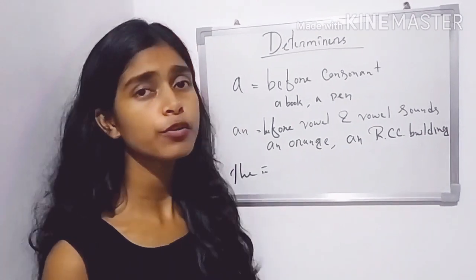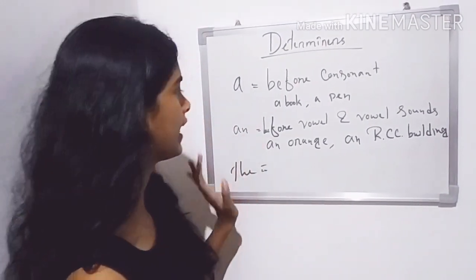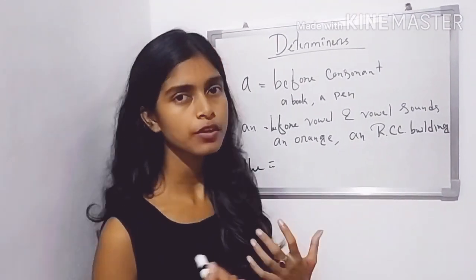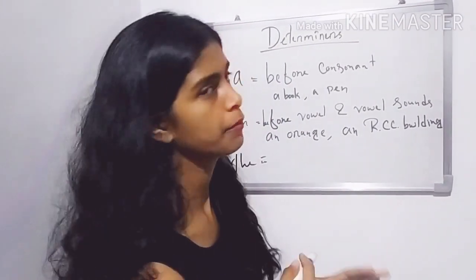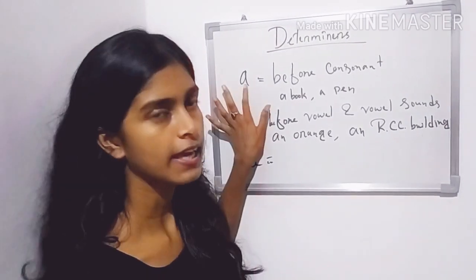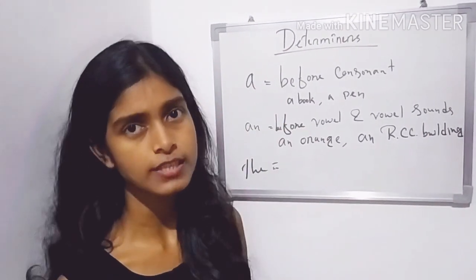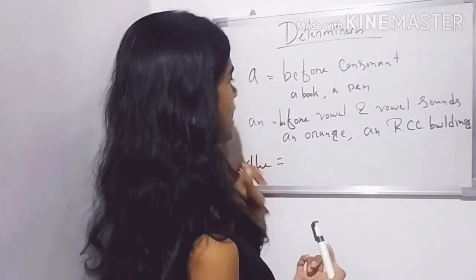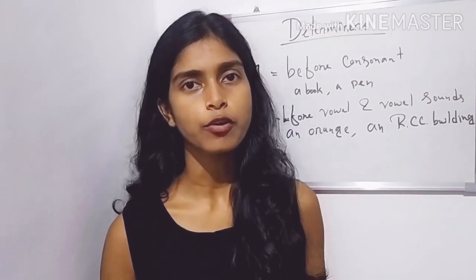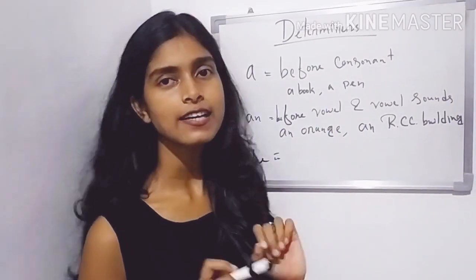So that is why I am not going into detail of the use of a and the. I have already assumed that you already know the use of a and the properly. We use a before a consonant sound. We use an before a vowel, and vowel sounds like an orange. Vowel sounds like RCC, where